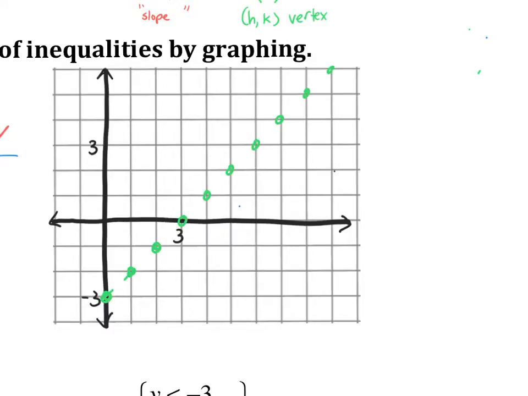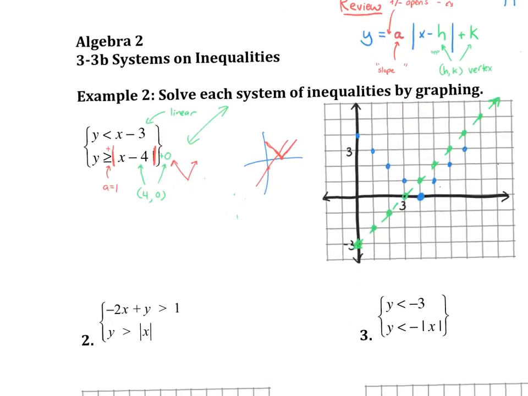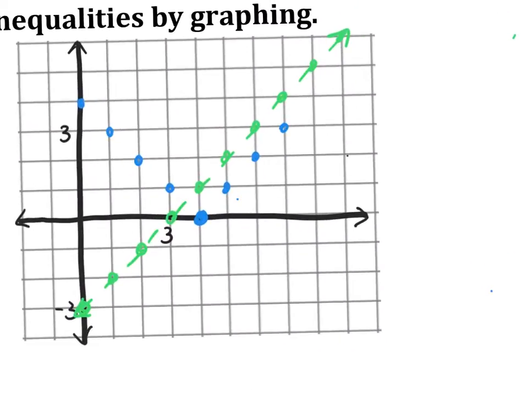because of the less than symbol. The next one, we already said it starts at the 4, 0 right there. And it's going to go up 1, right 1, but also up 1, left 1 from its initial point or the vertex. And let me see what symbol it is. Because of the equal to, I'm going to have a solid line, like so,